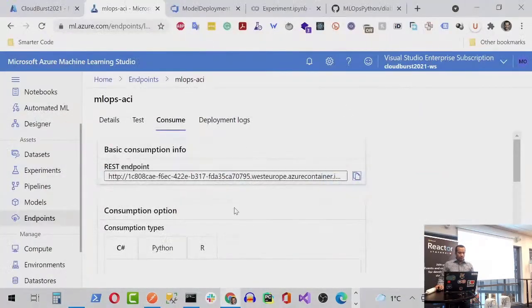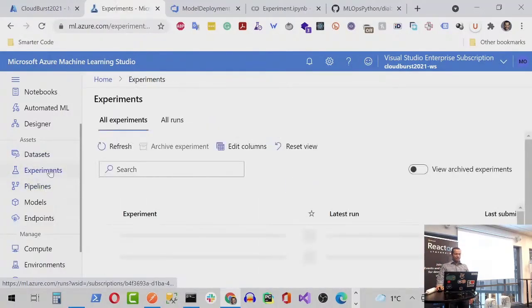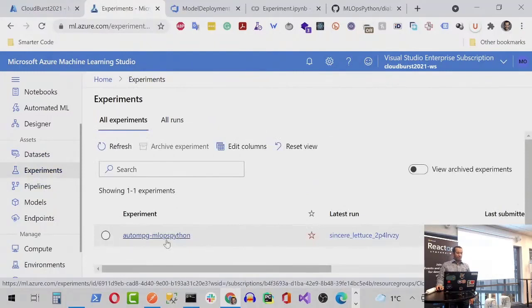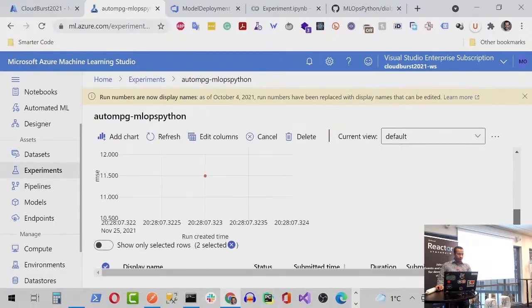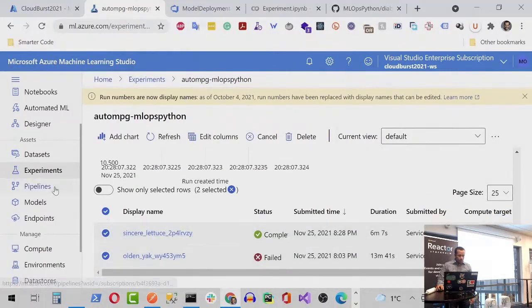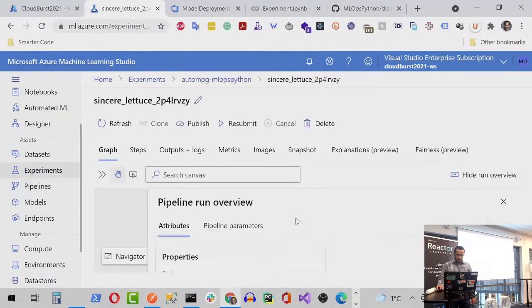I'm going to leave that for a few seconds while we look. Just in order not to cheat for you, I want it to appear in application insights, and that's going to take a few minutes. So we can look at something else in the meantime. If I go here to experiments in Azure ML, I can see our experiment, AutoMPG MLOps Python, right? That's the name. We named it in VS Code. I can see different details about the experiment and so on. This is Azure ML related stuff. I will not dig deep over there. But what I want to show you is in the pipeline section. If I click on this one, pipeline,